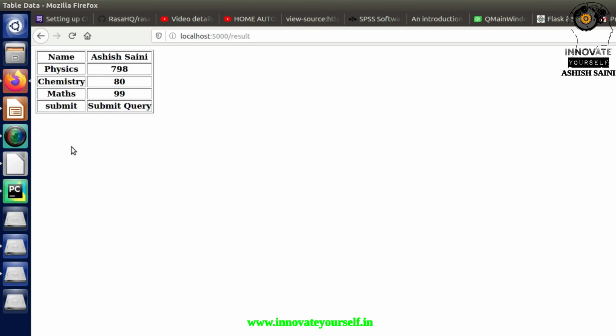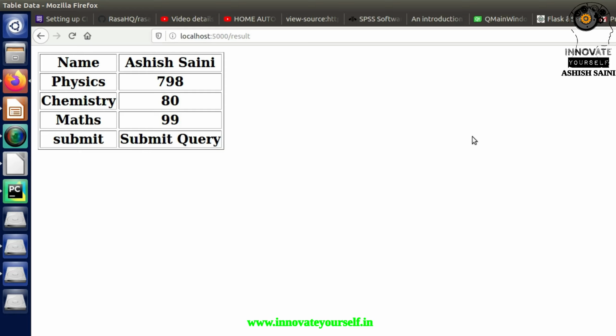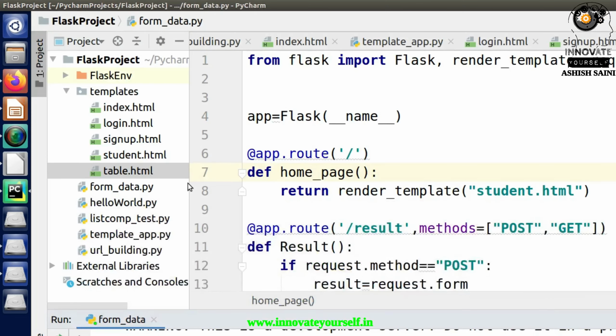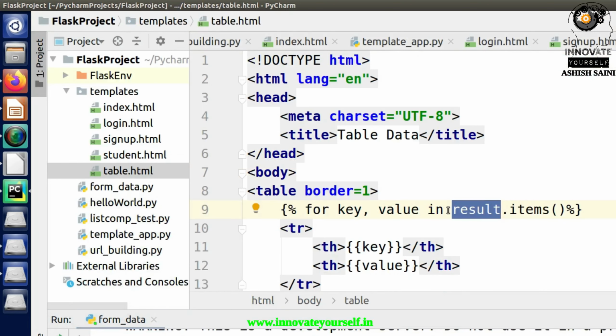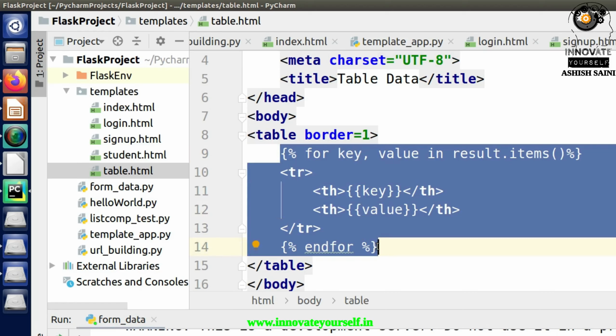See, this is the way how I will be able to see the values in the form of a table on the next template which I have created, right? So this is how exactly we can redirect it. We can collect the form data and we can send the data. And also you have seen one very important thing in today's session, and that is how you can use the for loop inside an HTML template, right? So that is what you have learned in today's session.